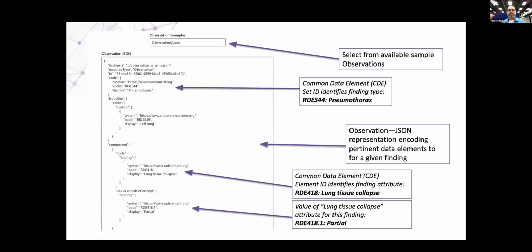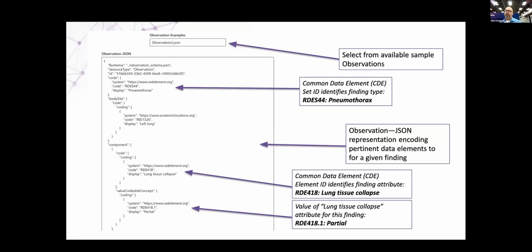So as you can see at the top, you'd select from the observation example. This is where you can select those predefined templates. You can flip through those available sample findings here as observations. The next field will show you the common data element set ID, identifying that finding type, in this case, RDES44 pneumothorax. The observation itself is a JSON representation that encodes pertinent data elements for a given finding, leveraging those